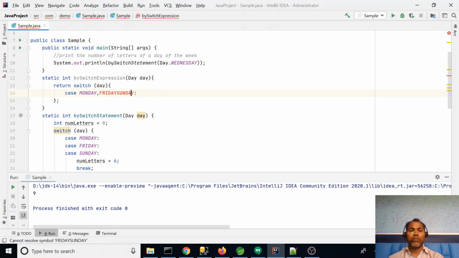From Java 12 onward, they provide the option to use case with an arrow instead of case with a colon. And what you want to return here is 6.